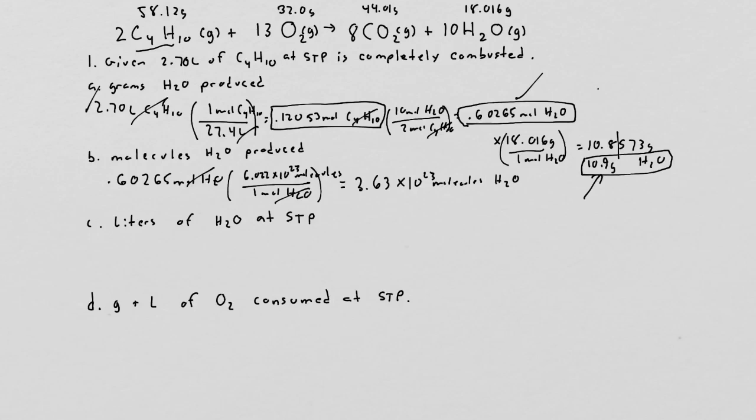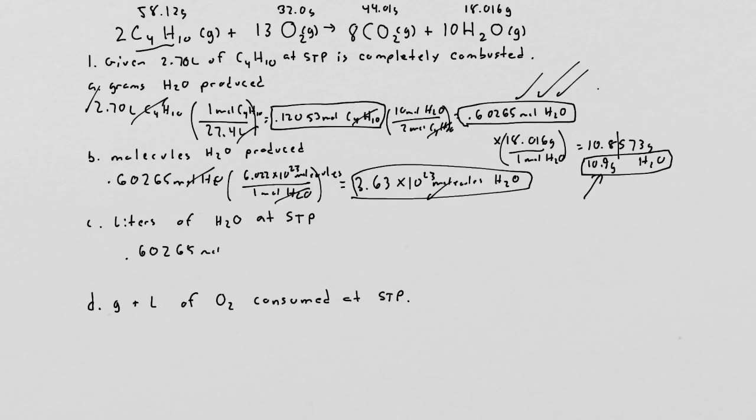Now I can do the same thing with liters of water. I can use this number up here again, right? If I needed atoms of hydrogen, I could take this number that I just got here and multiply it by 2. There's lots of things I can do as long as I understand the proportional relationships that I use in stoichiometry. So for this, I can go